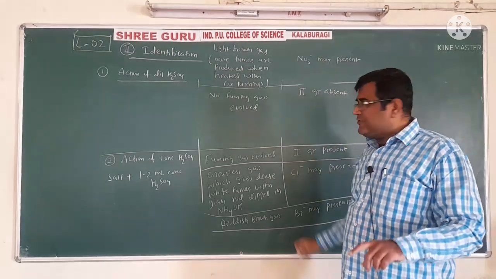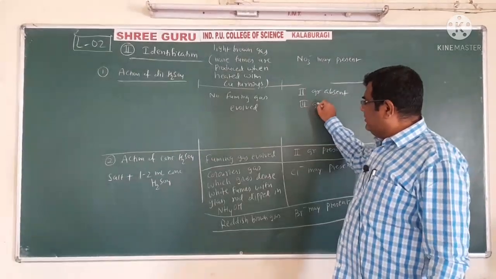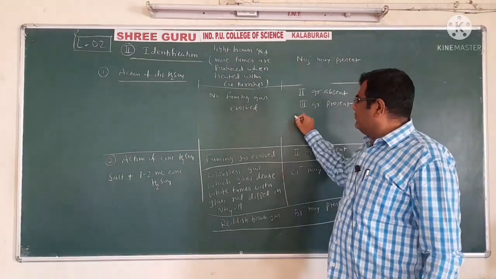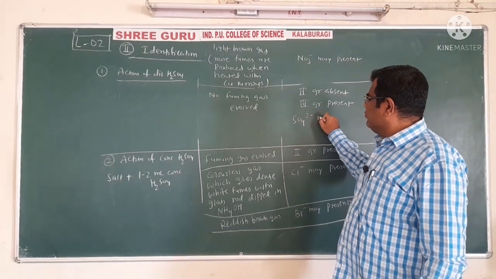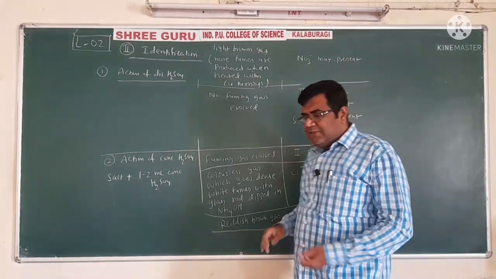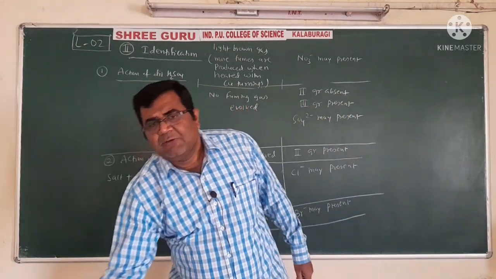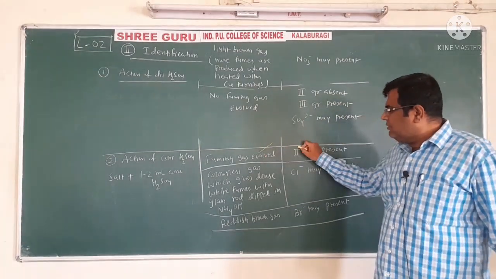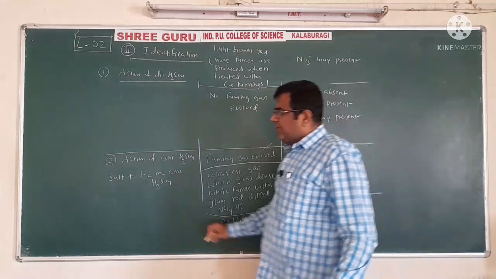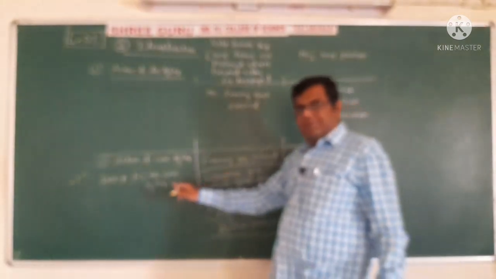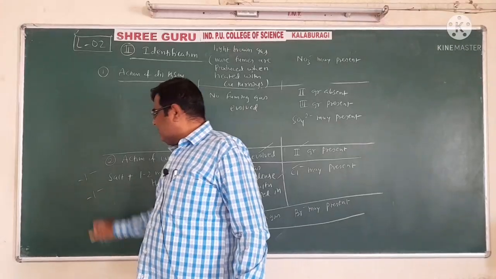And as second group absent, we have to mention here only third group present. And then only one radical in third group, which is sulfate, SO4 2-, may present. So what will the examiner do here, whether you have written group number or not? If he sees yes, fuming gas evolved, group number 2 is present, he will give 1 mark. If your radical is chloride, he will give another 1 mark. So these are the 2 marks here.